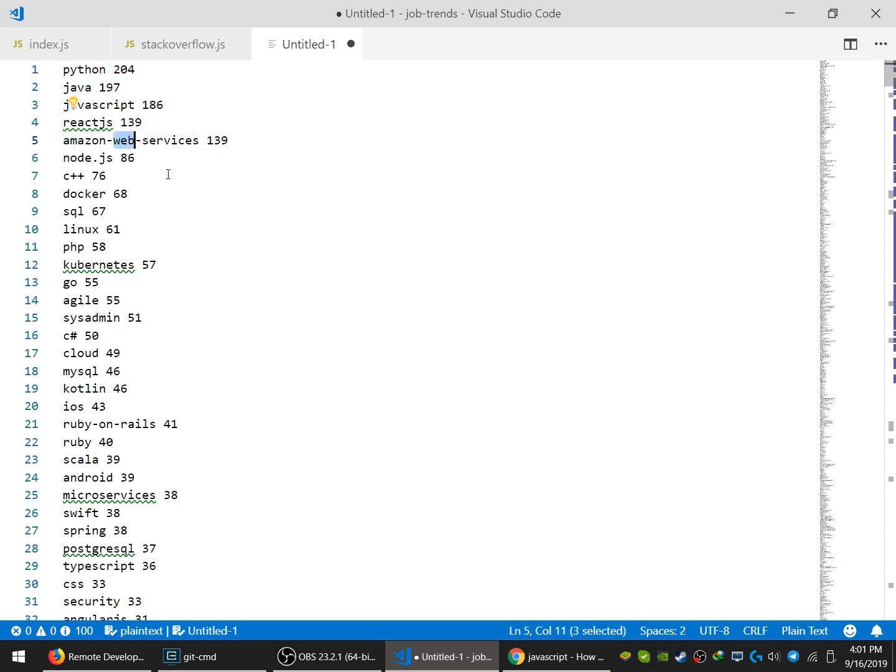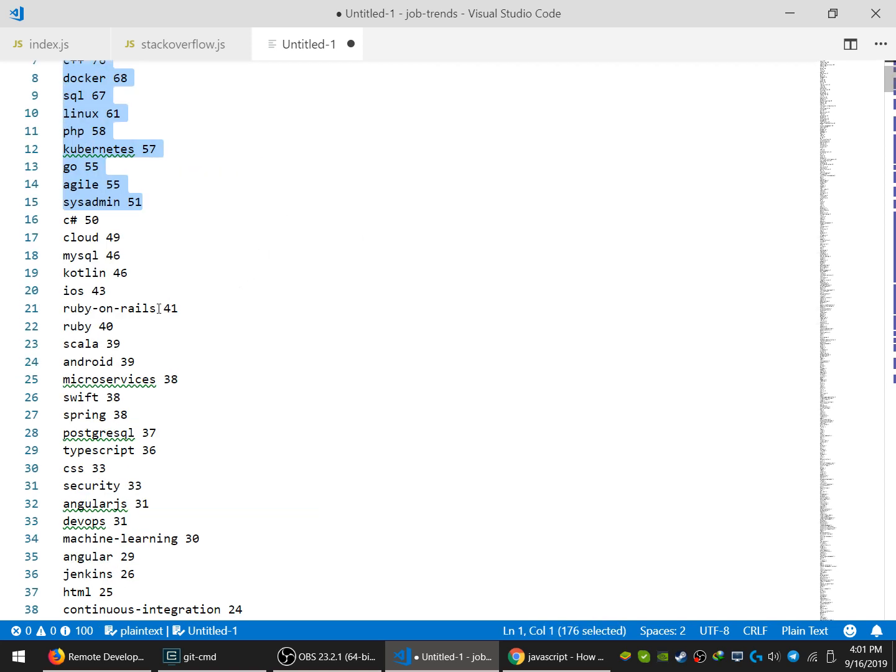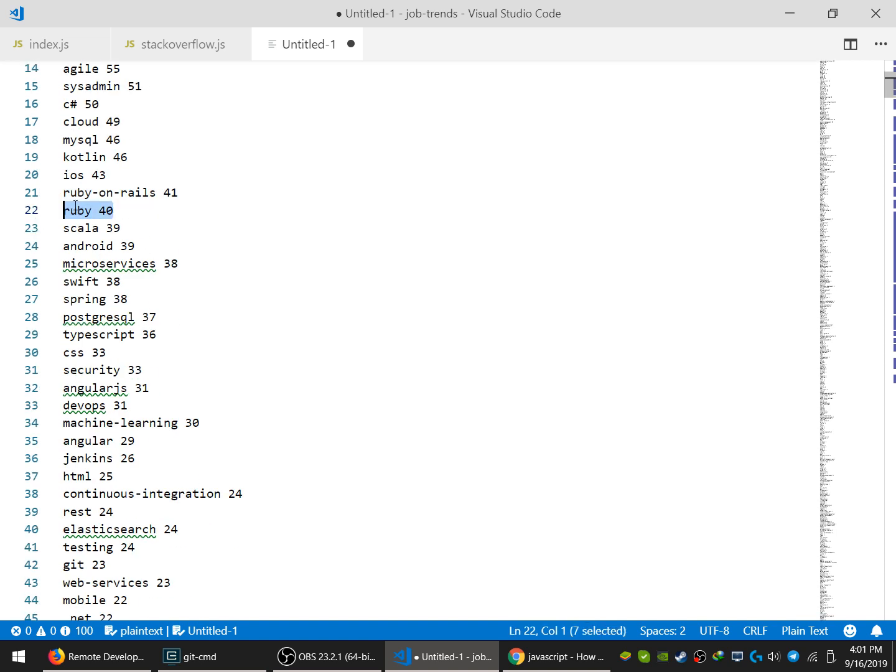I was not sure about Amazon serverless, but by seeing the job options, there are a lot of people doing serverless now. Node.js, C++, Docker. SQL, yeah, SQL's not going anywhere. C Sharp, Ruby. I have a lot of options for Ruby on Rails compared to Ruby. Scala, Android, Set, Spring, Postgres,